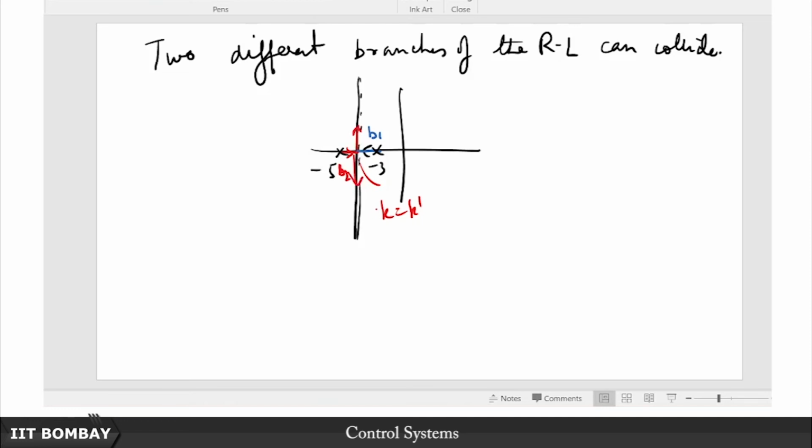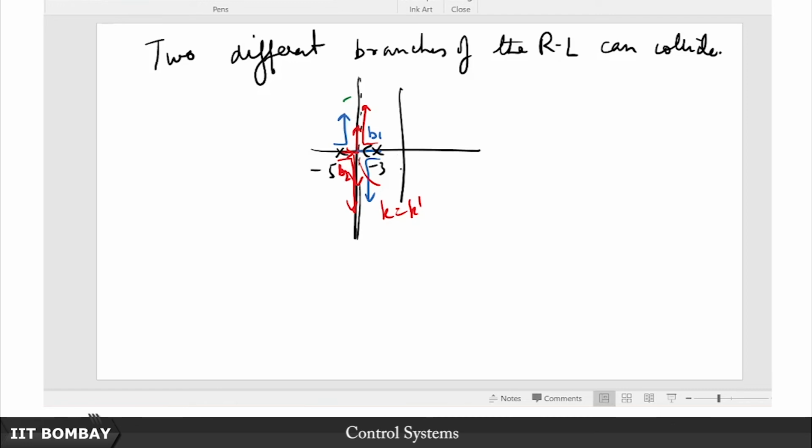The simple answer is I don't care. Once they have collided, I can easily say that this branch has gone in this direction and this branch has gone in this direction, or I might also say that this branch has gone off and headed in this direction and this branch has gone off and headed in this direction. It really doesn't matter, no? It makes absolutely no difference insofar as this conclusion is concerned,